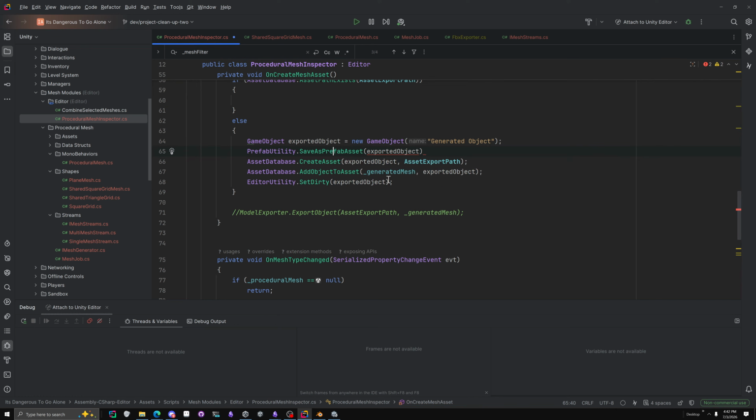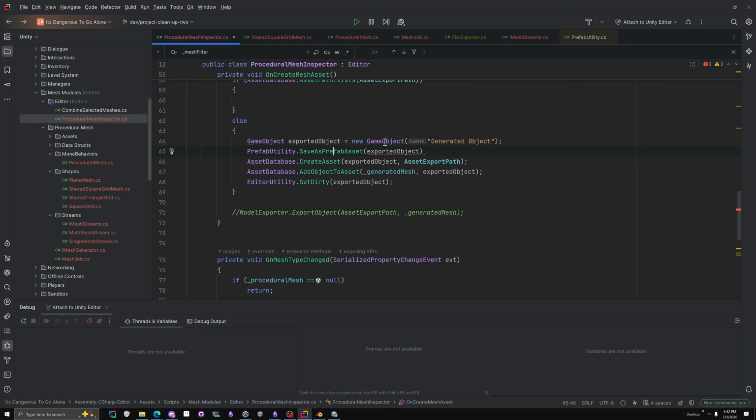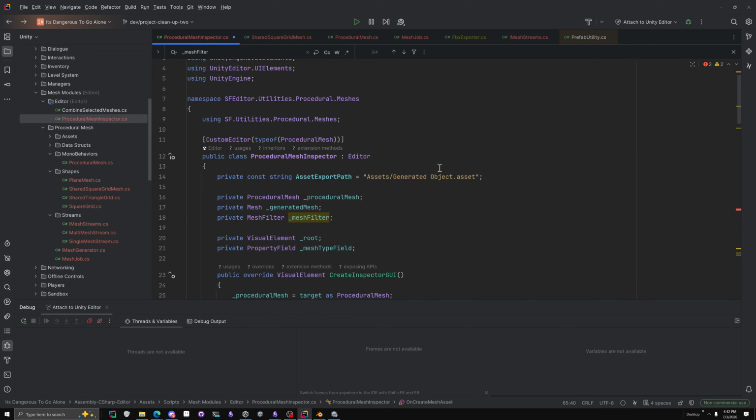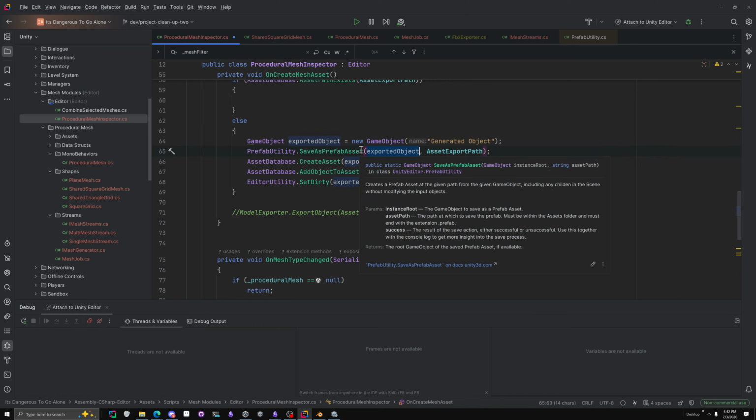String. I'm assuming that. All right. Cool. Okay. Cool. We got it. We got it. I don't know if we need to set this path to be a prefab or not. It might need to just be asset, but we can do this now. Okay. So we do export it. We create the game object. We export the game object, save as prefab,